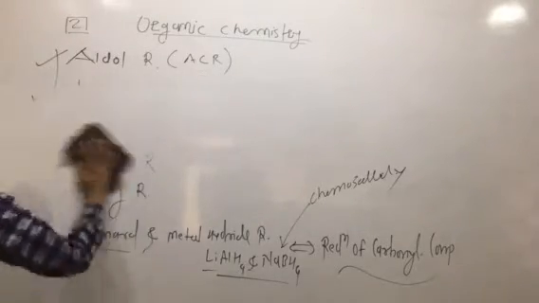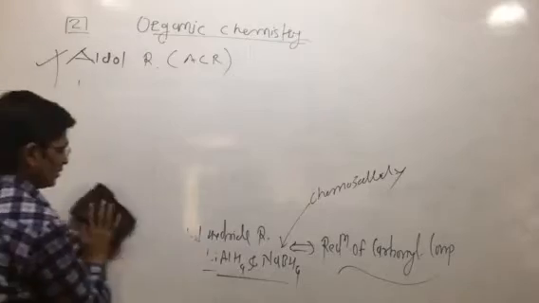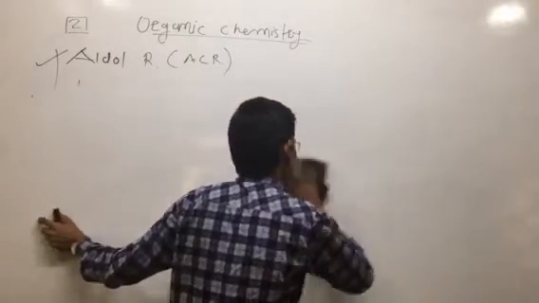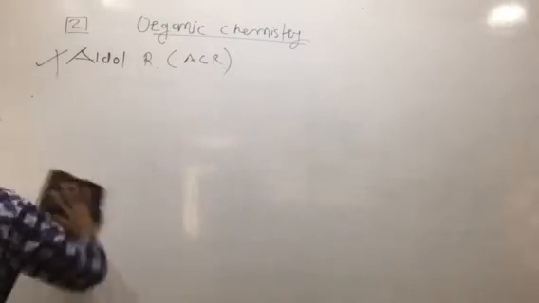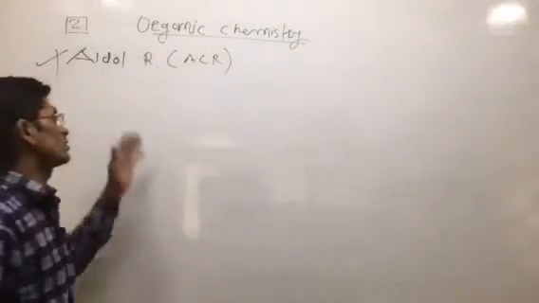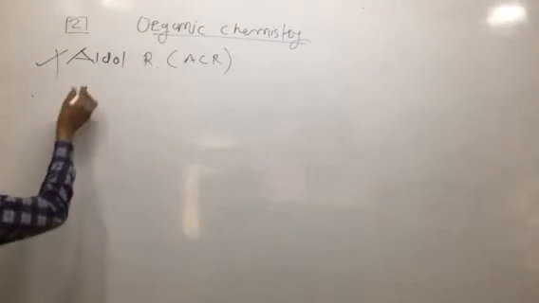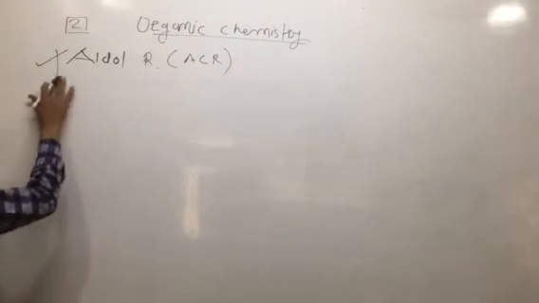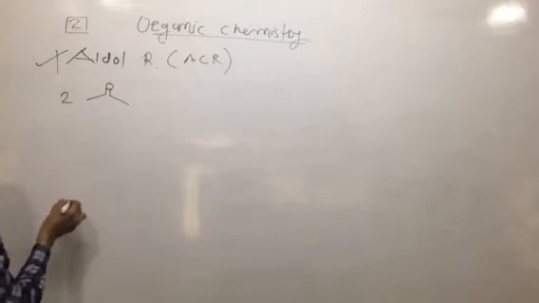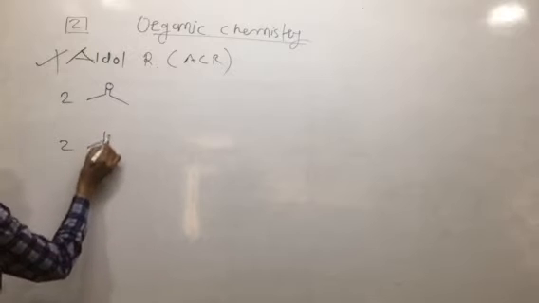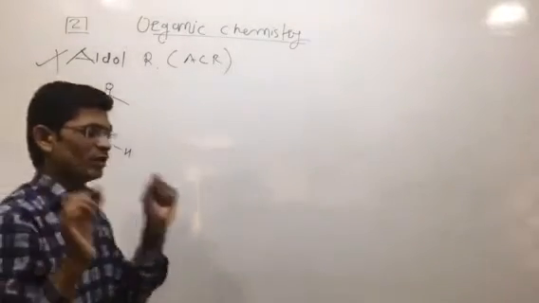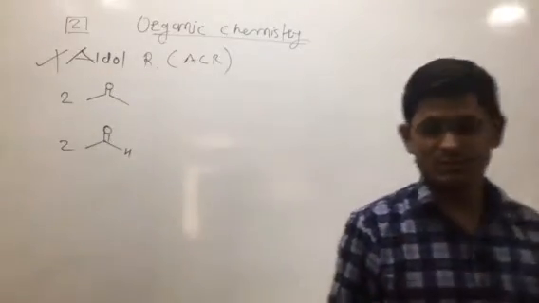As we know, the basics of aldol reactions you have studied in 11-12 standard, that is what the aldol reaction is and what the types of aldol reactions are, simple aldol and cross aldol reaction. So first of all, the aldol reaction is the reaction between two moles of carbonyl compound. So it must have an alpha carbon atom, at least one alpha carbon must be there.